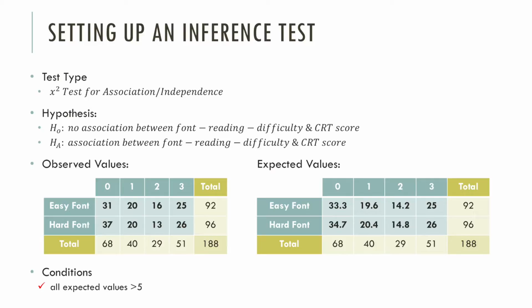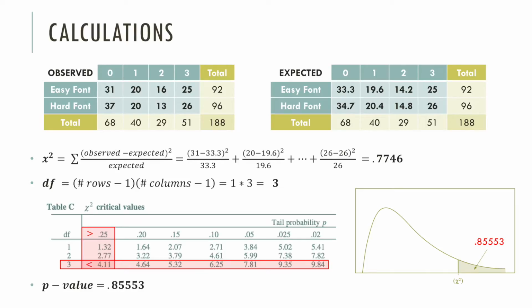From our observed data, we were able to calculate expected values by multiplying the row total by the column total and dividing by the overall total for each observed value. The conditions for the chi-square test were met as all the expected values were greater than 5. We calculated the chi-square value by summing the observed minus expected squared over expected value for each of the 8 data points, which resulted in a value of